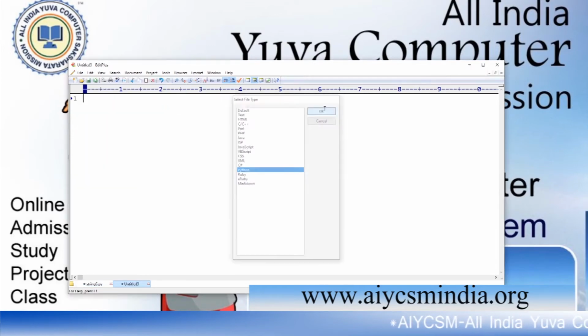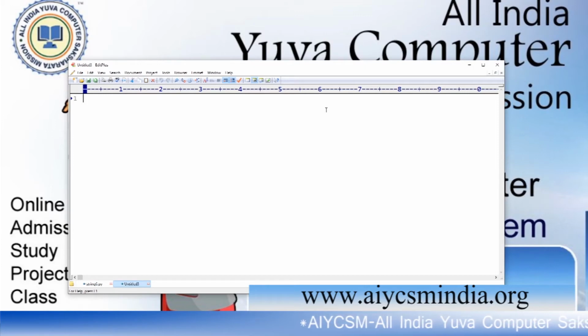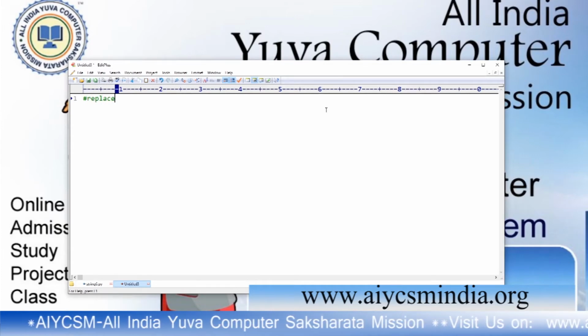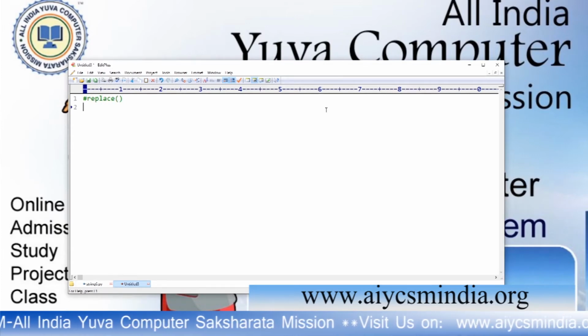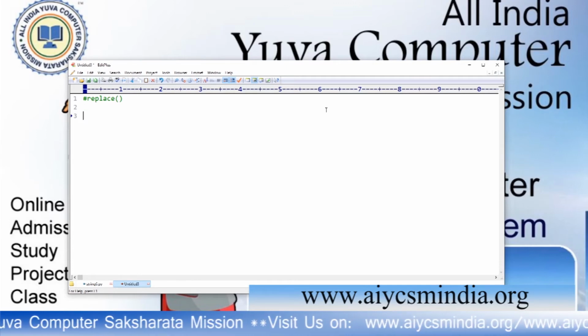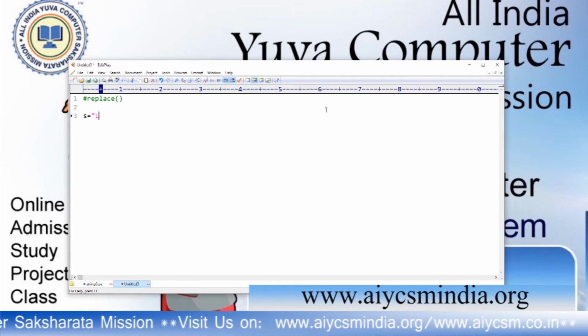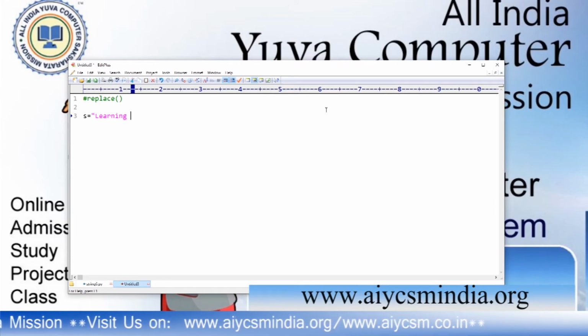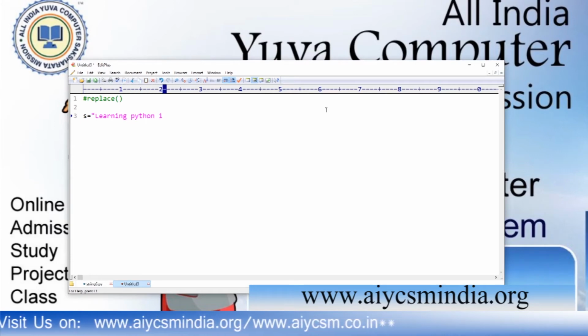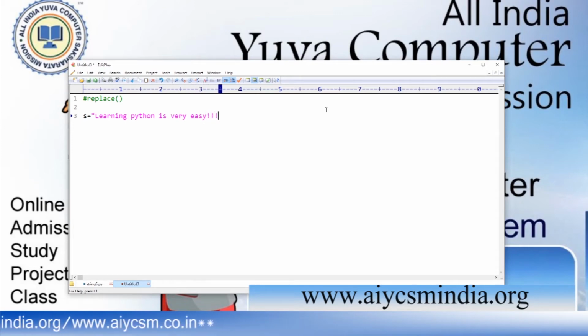Now there is another function which is known as replace. Now we use the replace function. For example, if you take a string, learning Python is very easy, and I have to replace it.